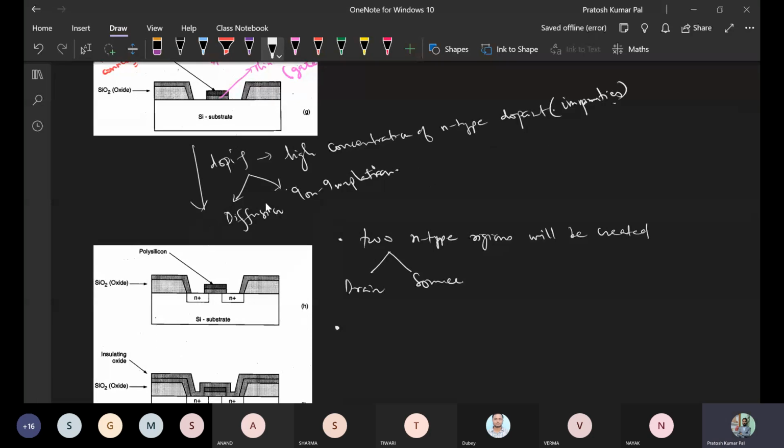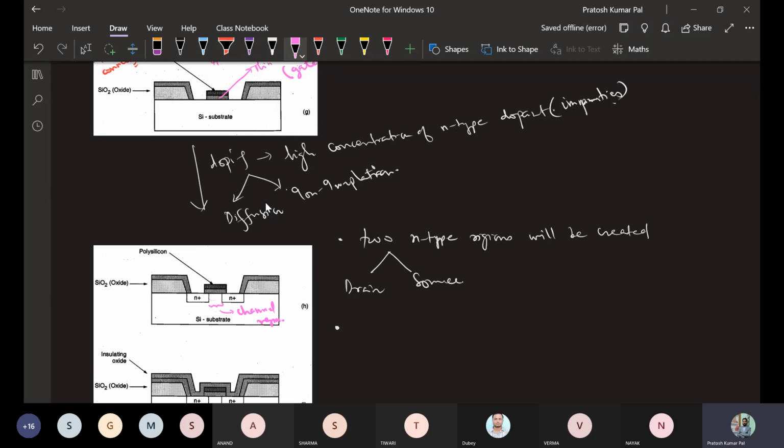The length or width of this patterned polysilicon area will define the channel region. Between these two, this region will be your channel region. This channel region is defined with the help of the polysilicon.